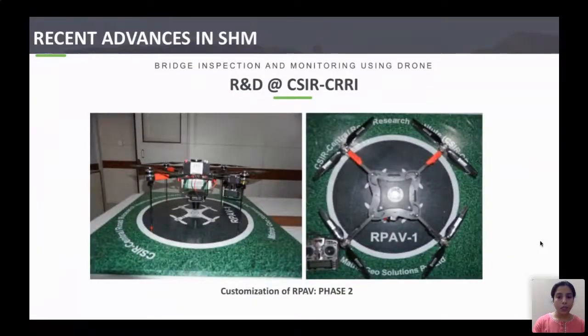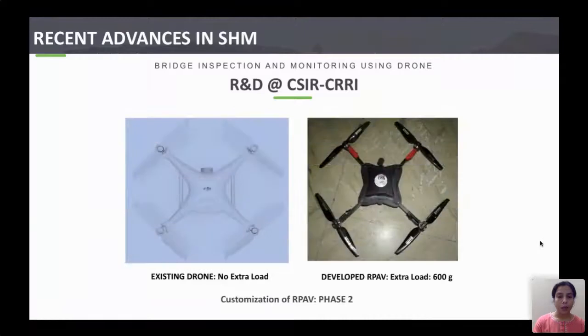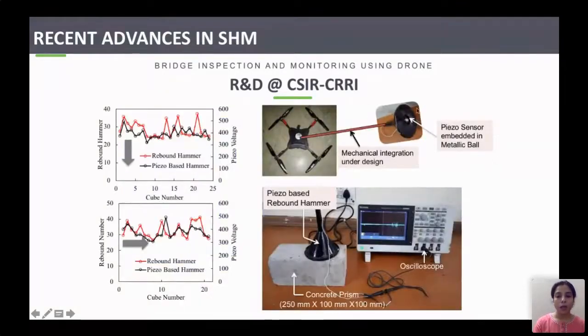Then in the next phase, we are customizing this drone for incorporating the NDT techniques. The previous results which I have shown you are for an existing commercial drone, which does not have any payload. That is, it cannot take any extra load. However, the customized drone which we have developed has a payload of 600 grams. Now we are working on attaching a piezo-based rebound hammer replacement, which can be attached to this drone for measuring the